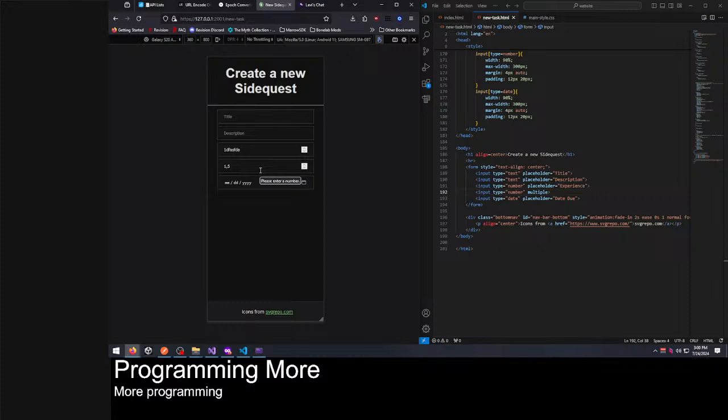That's a bit weird. One other thing is whenever my keyboard pops up on my phone, the SVG icons from SVG Repo pop up to the top, which makes sense. I mean, the screen is shrinking, but I might want to figure out some other sort of method for this bottom bar. Maybe just actually have it stick to the bottom, but have it be a part of it. I don't want this to be confusing to my little sister though. I don't want to have to show her